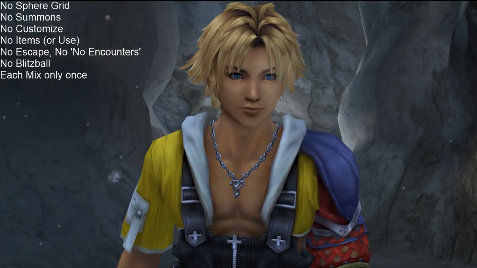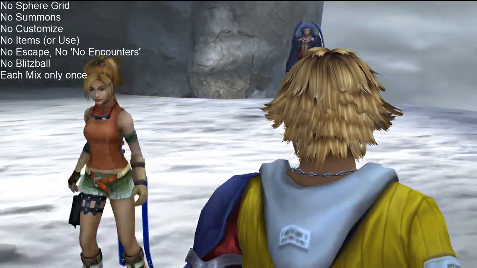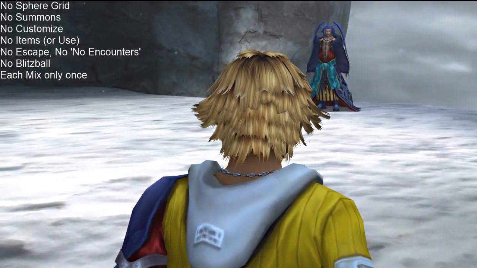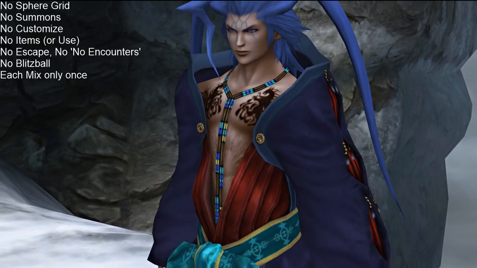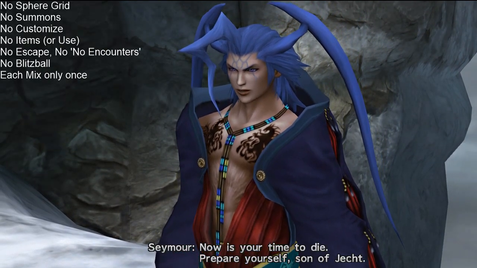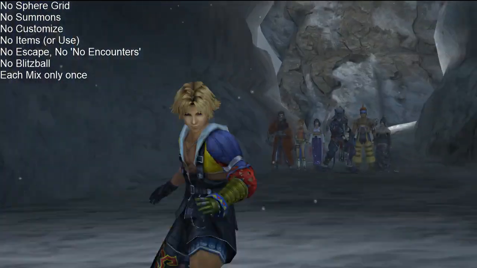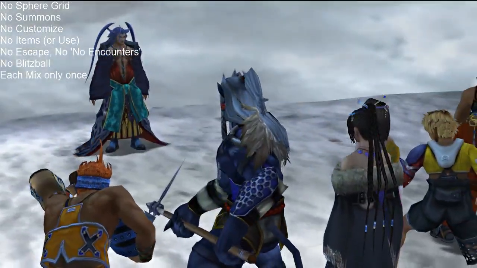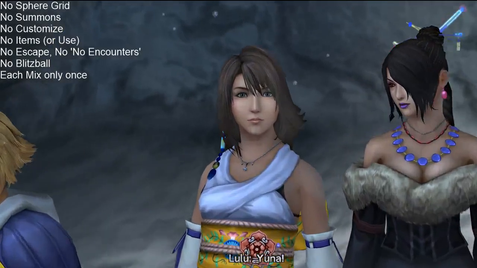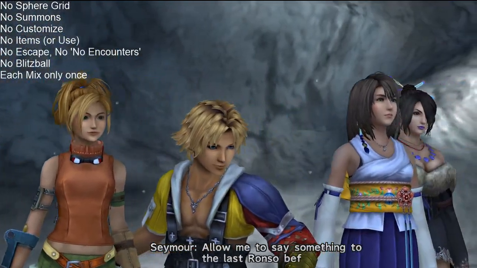Riku, You are not... just go. Now is your time to die. Not if... Lady Yuna. Us. Allow me to say...